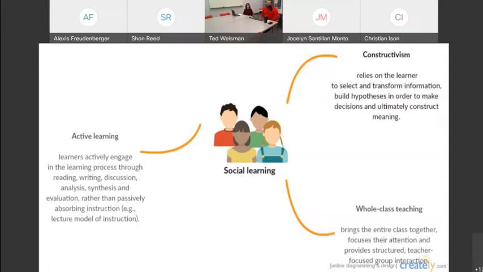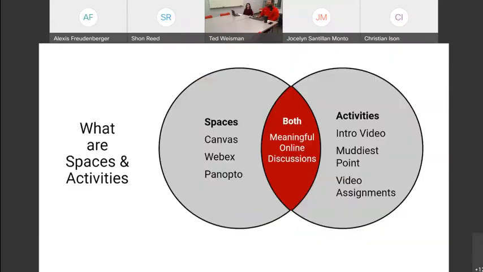And I think that what we've missed in the past, or what has happened in online discussions, is that we end up with this idea that online discussions just become rote. They become repetitive. They become something where students are really just meeting the criteria, but not actually doing any of that active learning. They are not really making any meaning. They're just checking some basic boxes.